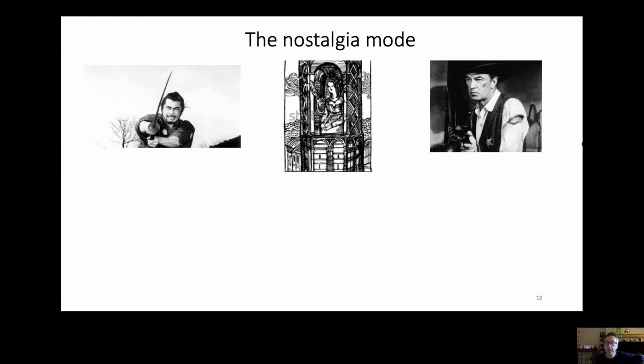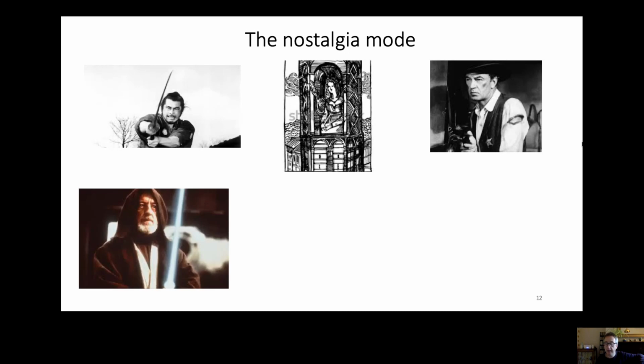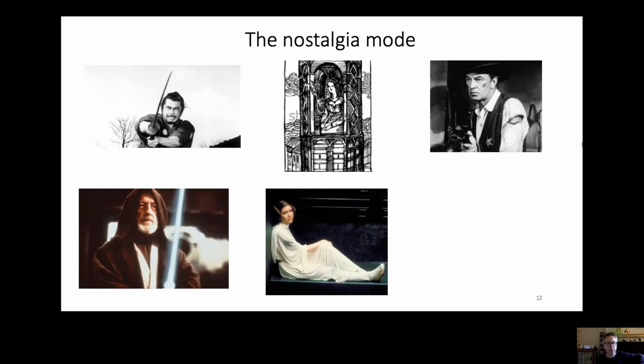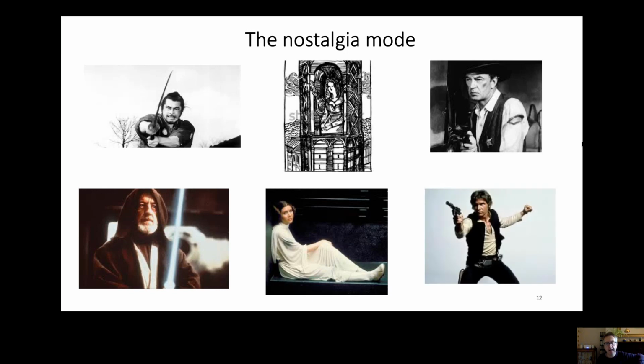We could take maybe the samurai and give him a lightsaber, and I could call him a Jedi Knight. And I could take the trope of the princess in the tower, and I could maybe update that a bit, and I could have a princess in a space station. And I could take the gunslinger with his black waistcoat, that trademark look, and I could give him a kind of laser blaster, and I could call him Han Solo. And I put those together, and there you have it. I have created Star Wars.